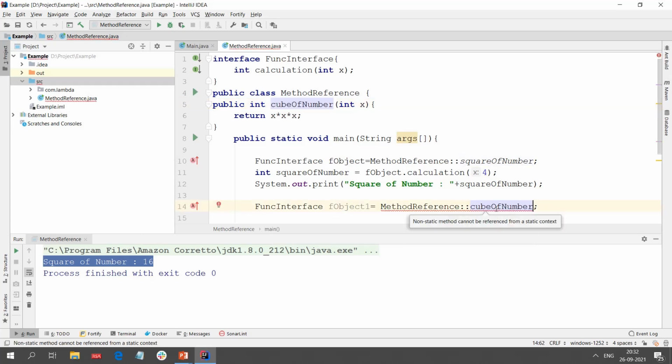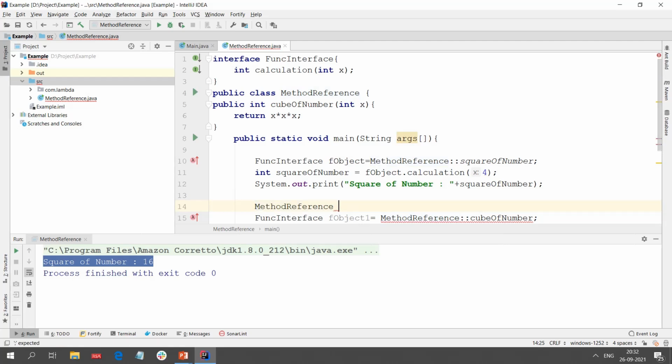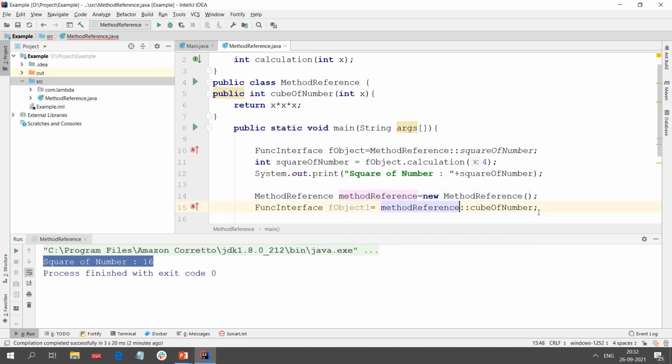Yeah, we get a compile time error, and the reason being we cannot refer to an instance method directly from the class name, right? We need to create an object of the class. So let me create an object for this class, and then let's call the function.